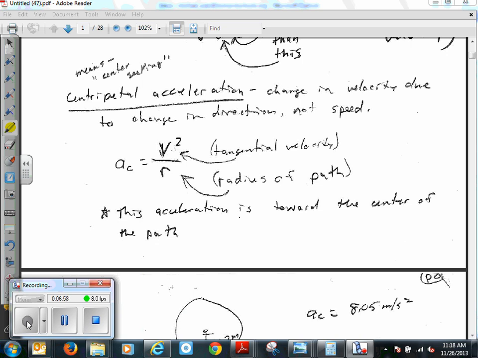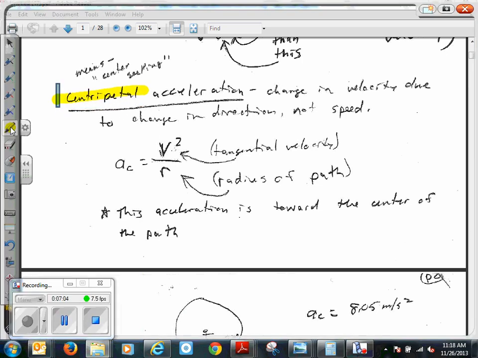Centrifugal. This is the only real one here. Centripetal. Okay, so centripetal means center seeking. It's like a Greek word, I think, and it means center seeking. So we're going to talk about centripetal acceleration in a little bit. And if we have an acceleration, what causes acceleration? Force. So we're also going to talk about centripetal force too.